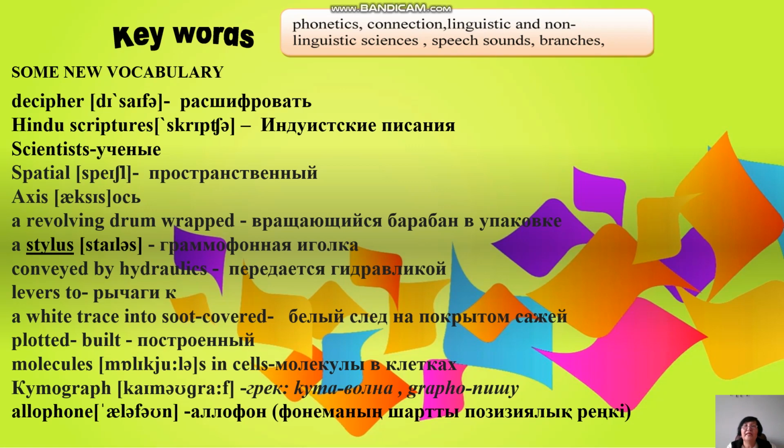Now, keywords: phonetics, connection, linguistic and non-linguistic sciences, speech sounds, branches, aspects. Here is some new vocabulary: decipher, scientists, spatial, axis, a revolving drum wrapped, stylus, conveyed by hydraulics, levers, a white trace into soot covered, cells,